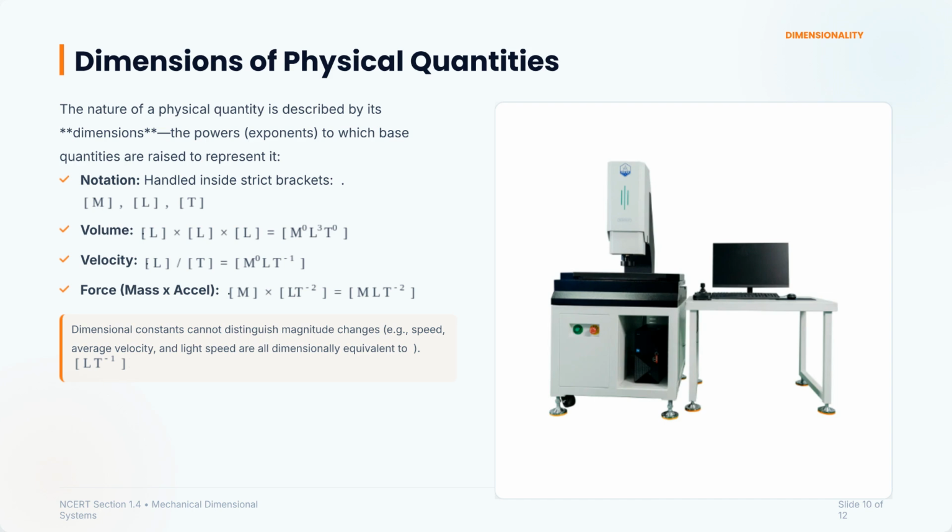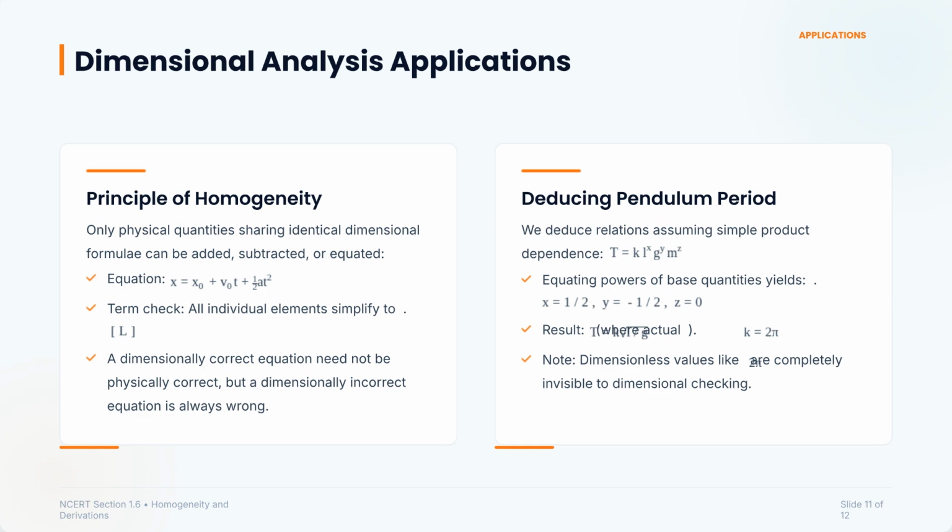Physical quantities are described by their dimensions, the powers to which base quantities are raised. Dimensions allow us to represent concepts like volume, velocity, and force. Dimensional analysis is a powerful tool. The principle of homogeneity states that only quantities with the same dimensions can be added or equated, helping us derive